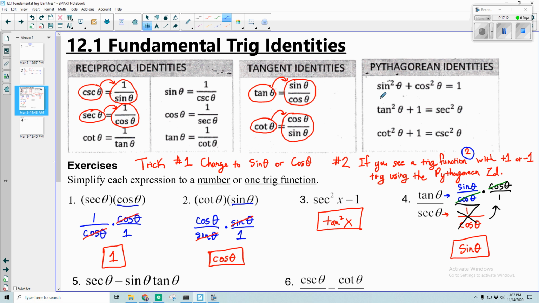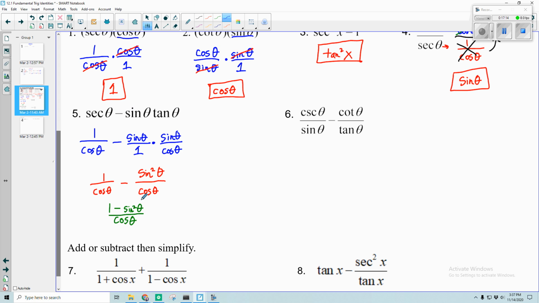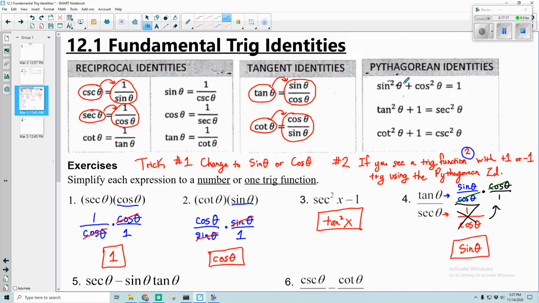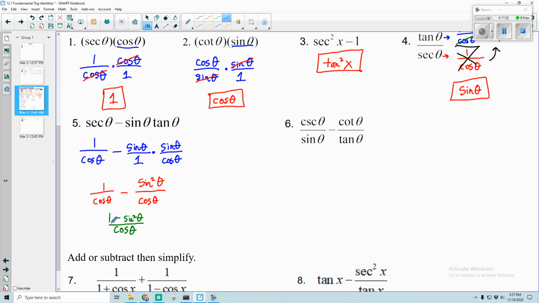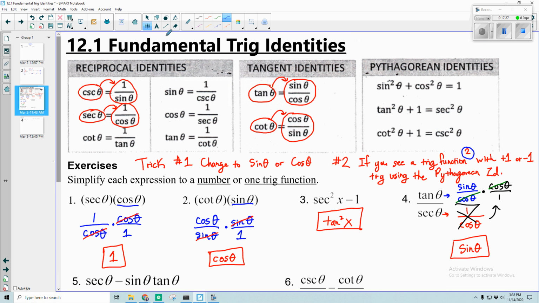Specifically, we're going to focus on the top one because that's the only one that has sine squared in it, okay? So how could I rewrite this? How can I manipulate this so that it looks like 1 minus sine squared? Well, if I subtract sine squared from both sides, that cancels out here, so 1 minus sine squared, I can rewrite that as cosine squared,